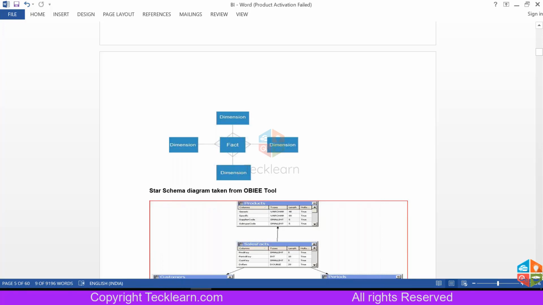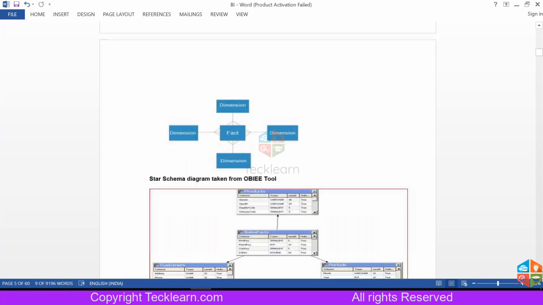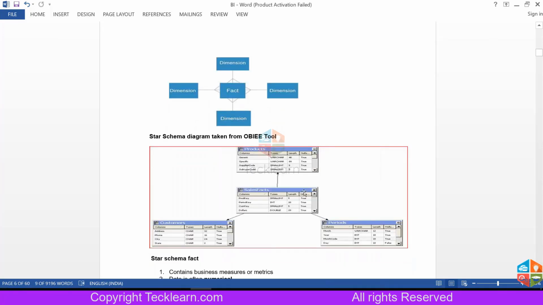And this is the relationship in OBIEE, the diagram from the OBIEE Admin tool. This is the fact table, and these are the dimension tables. The difference to notice is that in OBIEE, you will always join fact to dimension. Why? Because the fact will have the foreign key, and you have to fetch the details from a dimension.